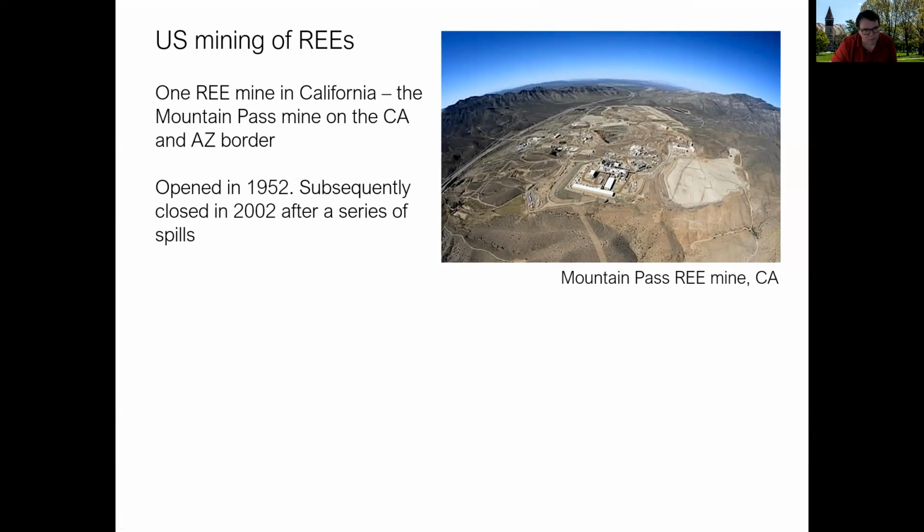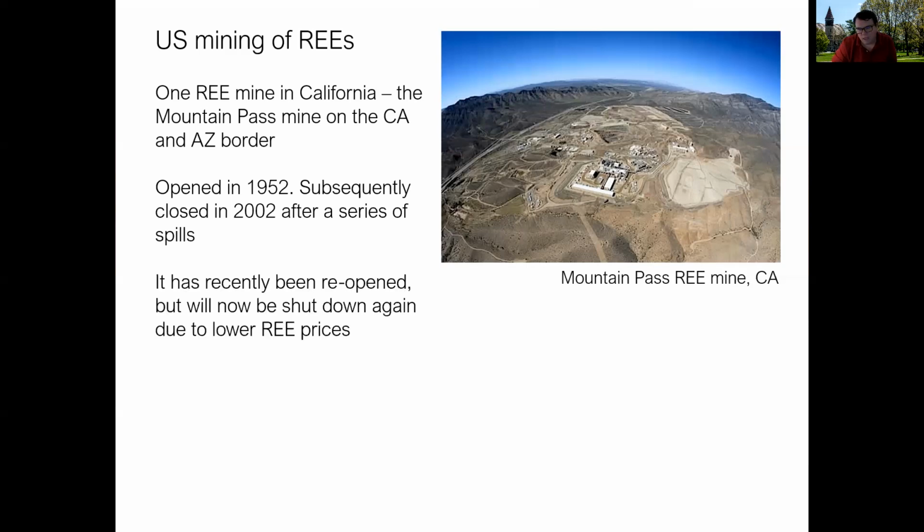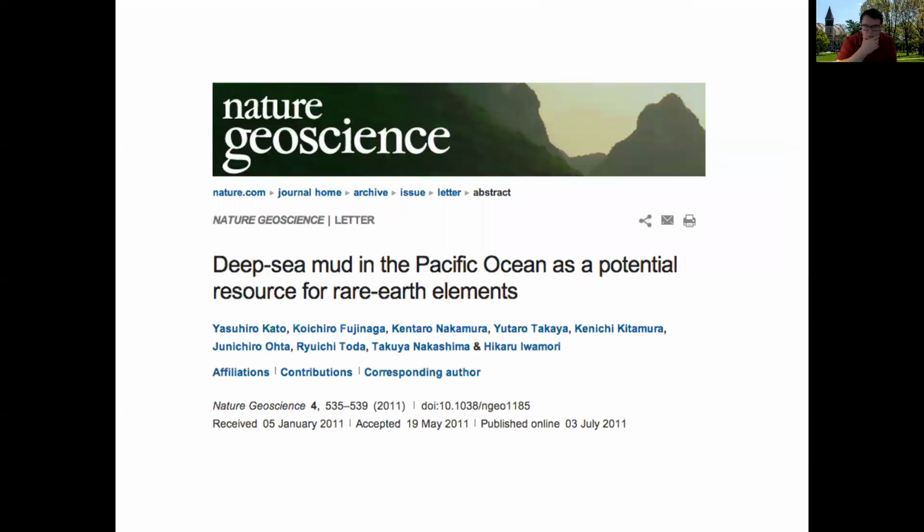The chemical processing used to do this, as I mentioned, uses hot acids and things like that, and as a result, spills can be quite devastating. The environmental costs were too great. Most of the people were moving away from this, shutting down the mines. There's been an effort to reopen it, to have more domestic sources of rare earth elements to handle these price manipulation problems, but it's been shut down and opened again various times, and basically it's not clear, with the price uncertainty, that it's worth it to build the infrastructure to make sure it can be done in modern, safe, environmental ways. And I think it's probably going to remain closed for much of the foreseeable future.